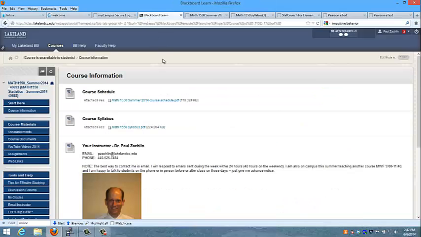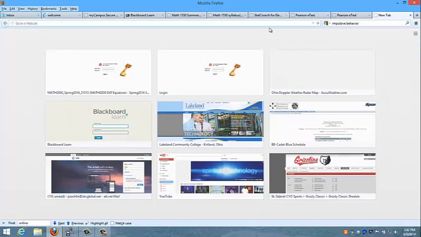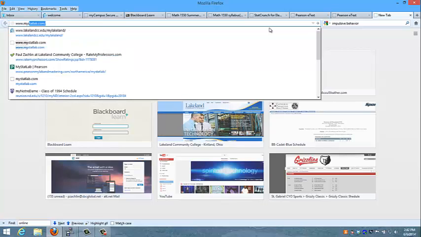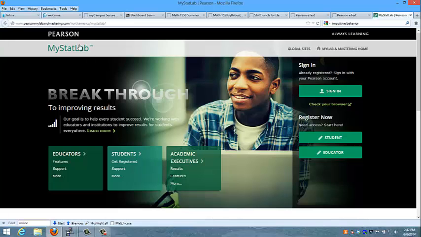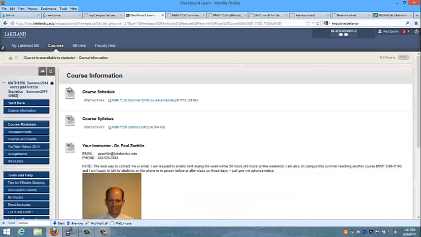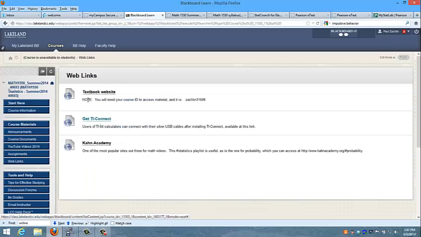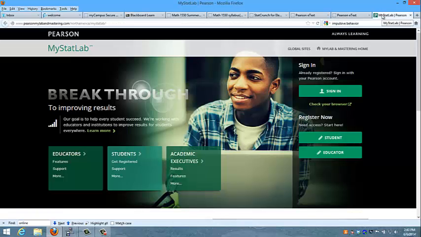So if you're on Blackboard, there are two ways I know to get here. One way is you can just go to any web browser and type in www.mystatlab.com, and it'll take you to the Pearson website. Also, if you click on the web links page at the bottom of the course materials here, this blue button, I also put a link to the textbook website. But once you're on this Pearson website,